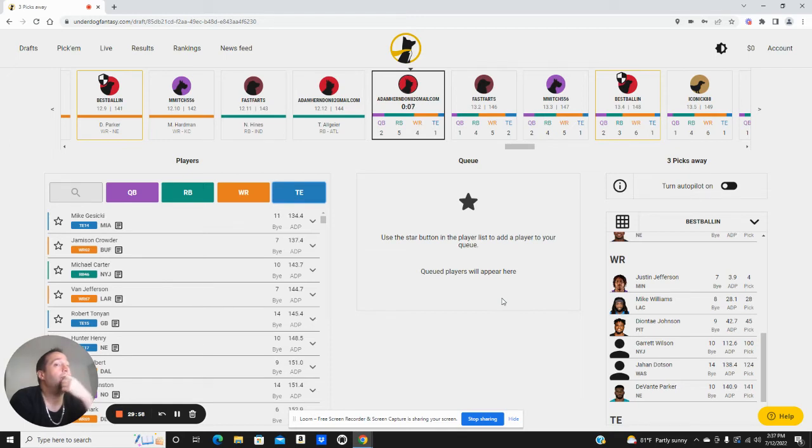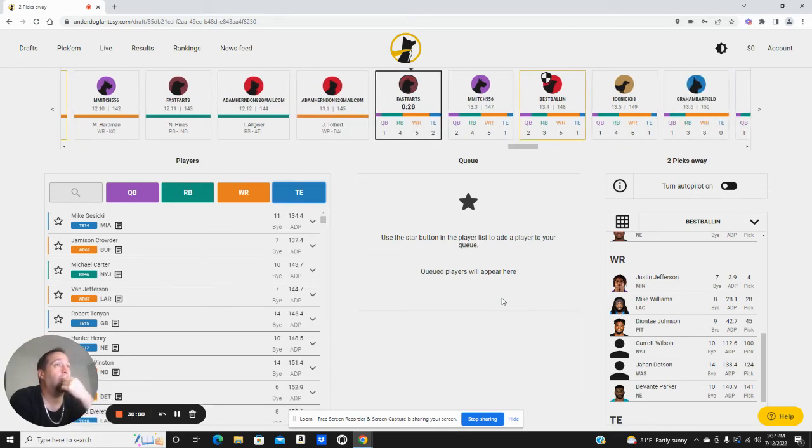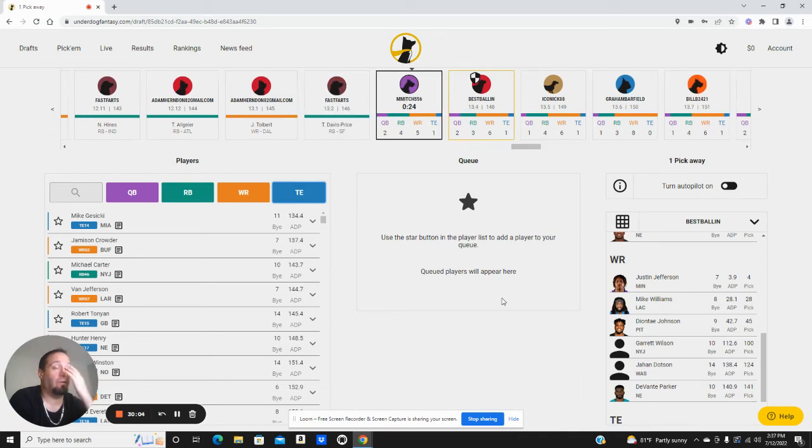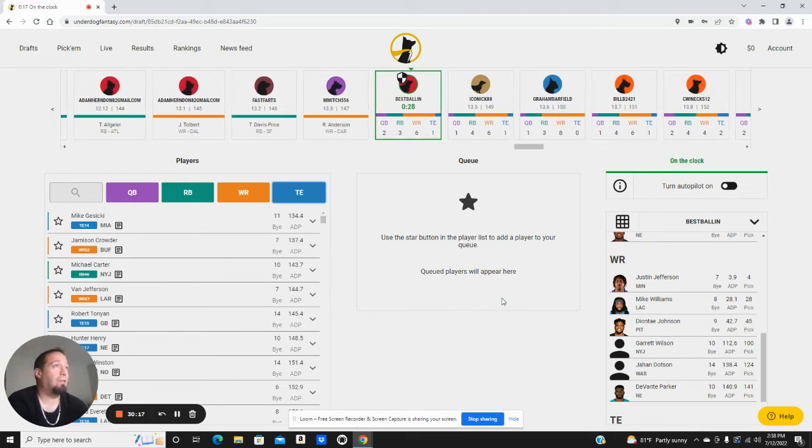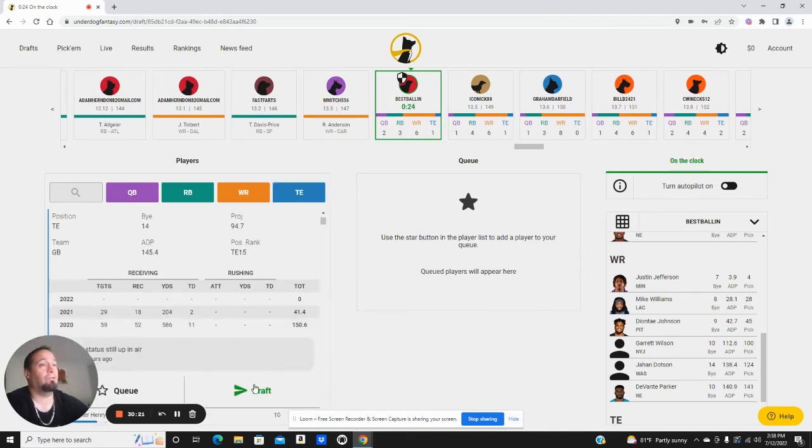I'm really liking getting these late Watson stacks, especially when you consider Gibson's a guy I was fading very, very hard when he was around 4 or 5, even 6. Now that Gibson's finally into round 7 and he's going with different tier levels of players, he's no longer competing with any of the elite quarterbacks or any of that sort of stuff. I'll take Robert Tonyan here.